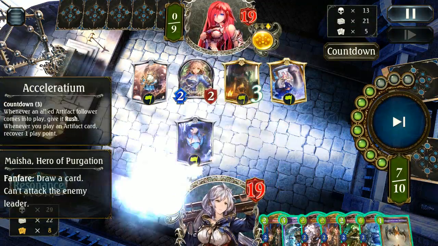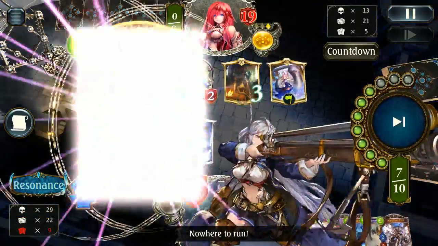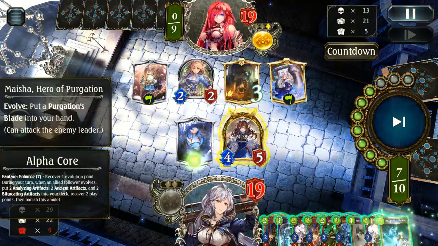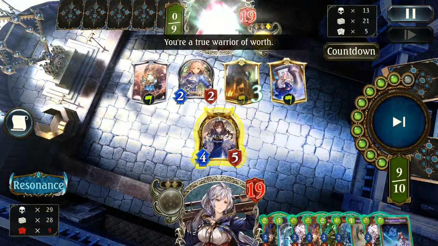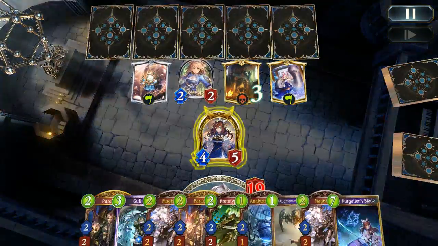So the Machina is now lethal at this point, well and truly. I believe it would have been well over 20 damage. Unfortunately though, I believe the opponent concedes before I actually get to play the Purgation's Blade to find out exactly how much that was worth, but based on what I had looked at before, we were well over 20 damage,